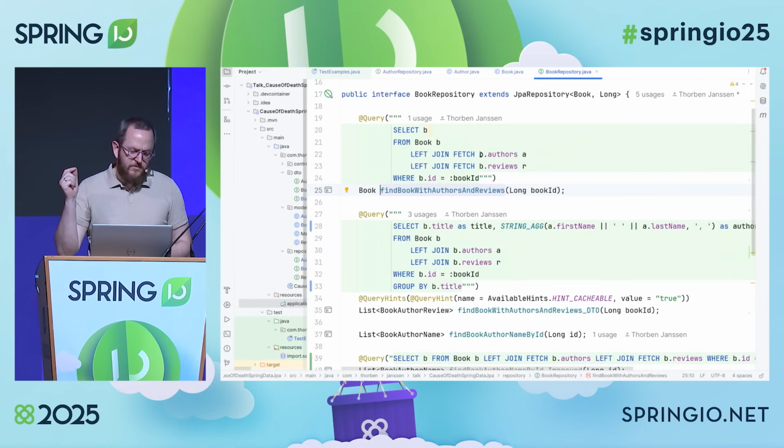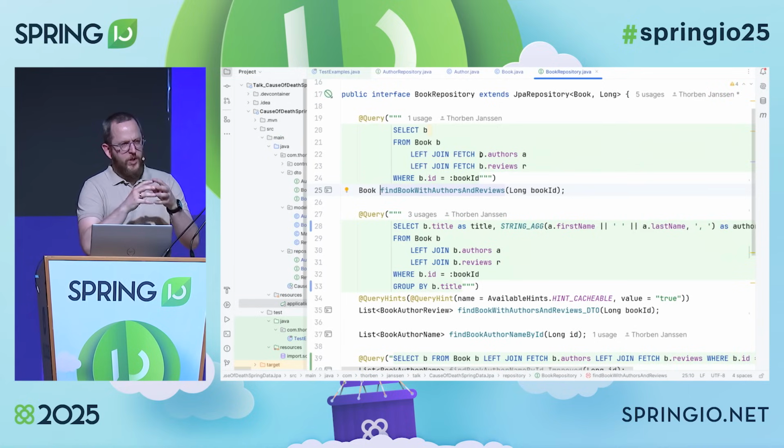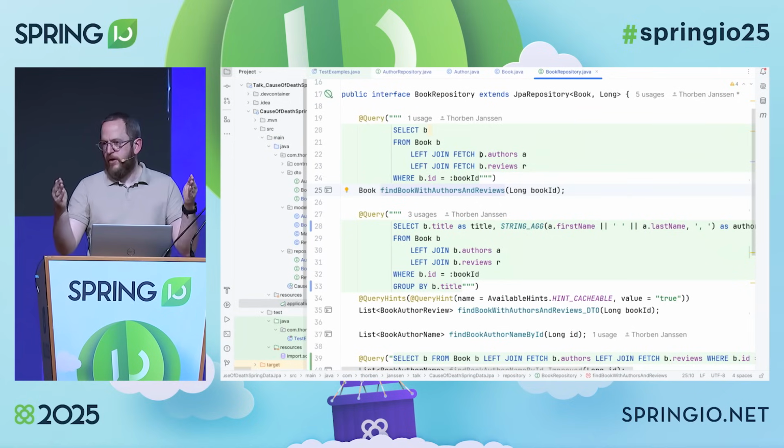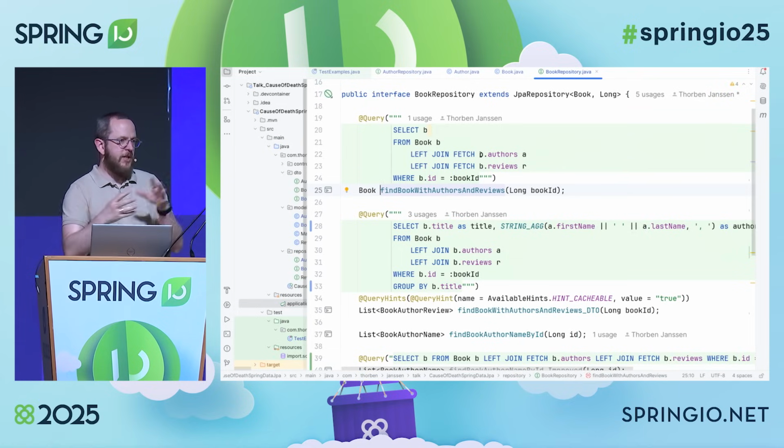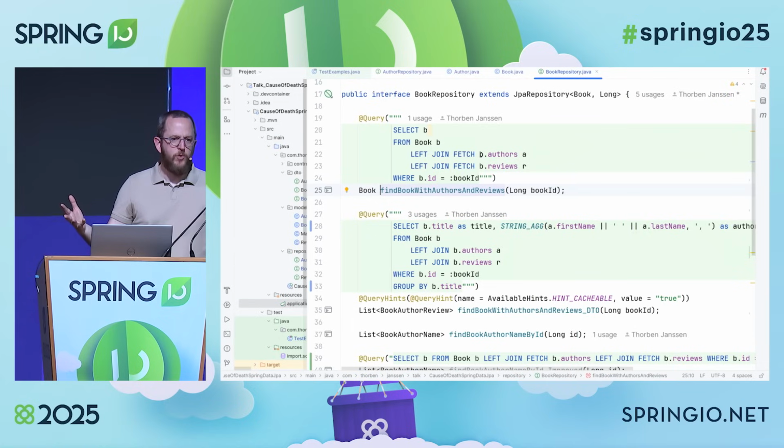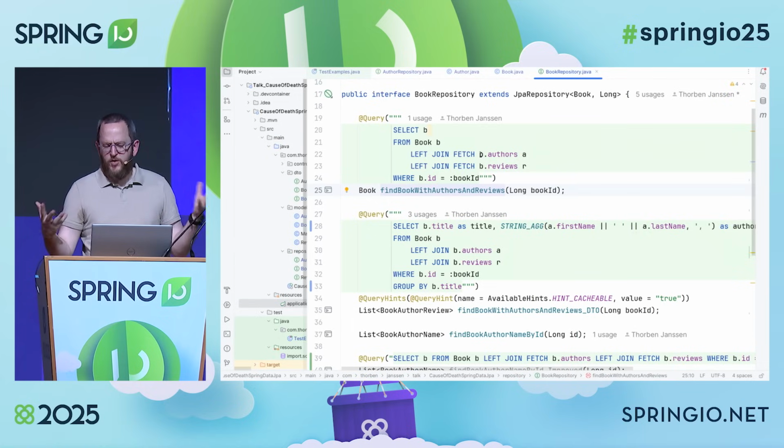And you now find basically two kinds of recommendations how to solve this. One is, don't fetch more than one to-many relationship, because, well, it causes this exception, and when you fetch too many relationships, your result set size grows massively, because now we get each book multiplied by the number of their reviews, multiplied by the number of their authors in the result set size. And this quickly multiplies up to several million data points that we are selecting, if our relationships are too big.